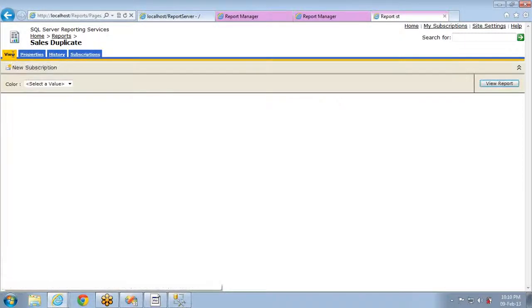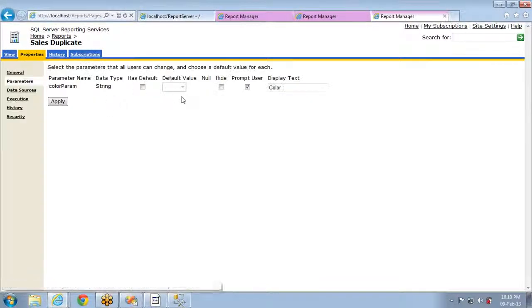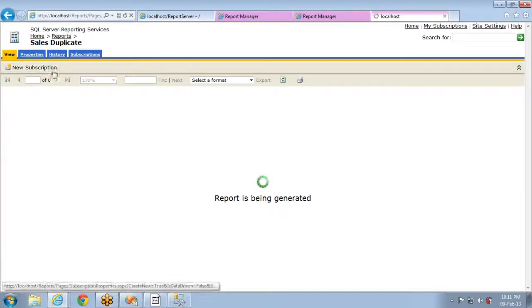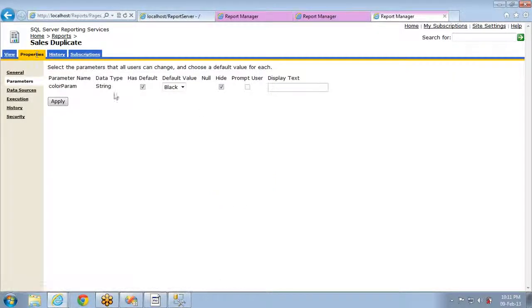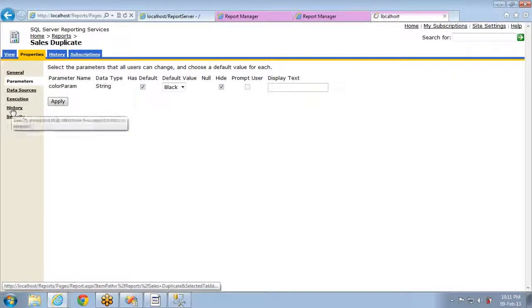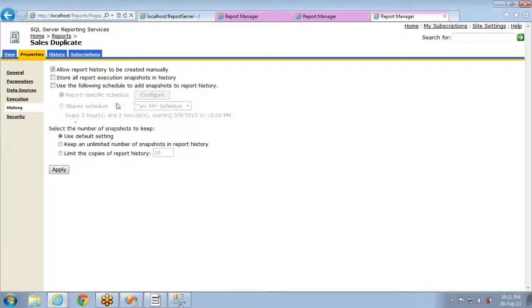That means if you come and see here, one second, this will be hidden. Oh, sorry, I have not applied these changes. So I have to set it to black or some default value, and I applied these default settings here. And you can see the parameter value is not showing. The parameter is not showing here. That is called hidden. Okay, I have hidden it, right? Now if I go to the history, this is ready to go now. That error message is not showing.